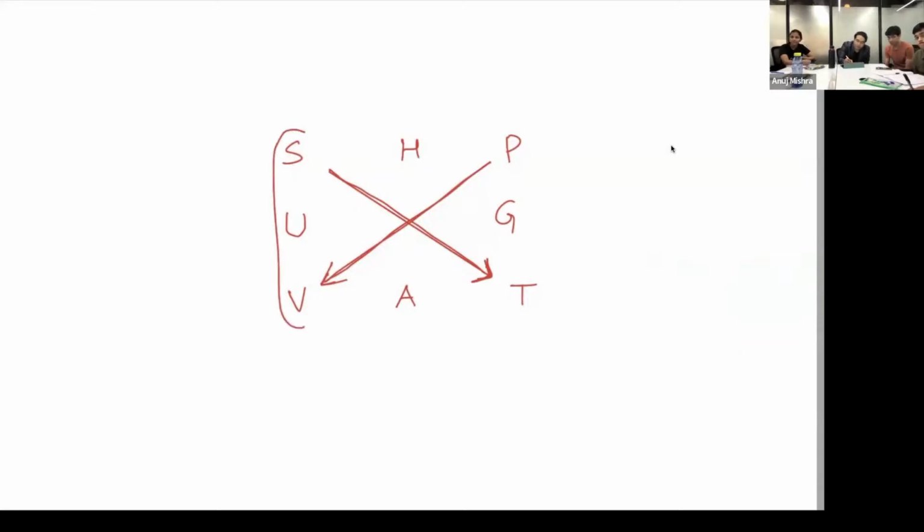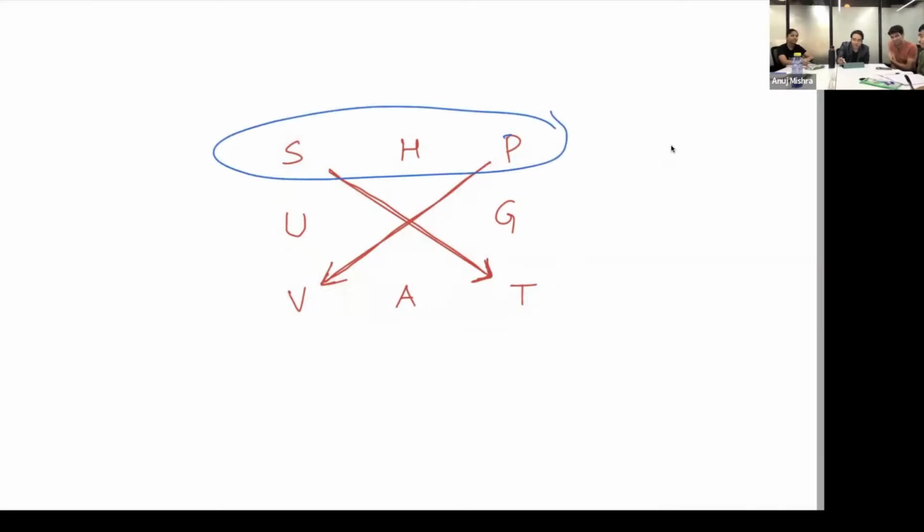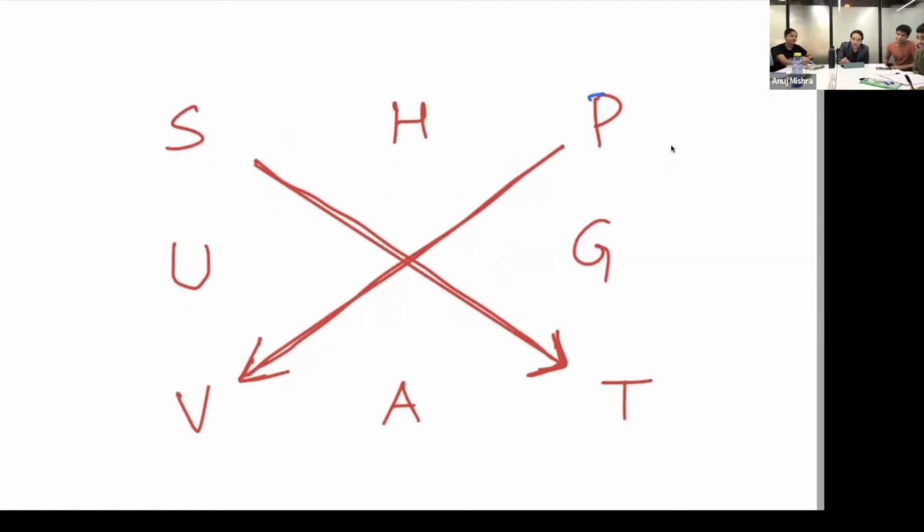SUV, what is SUV? Sports utility vehicle. VAT, value added tax. It was there in India before GST, and VAT is still in many different countries. PGT, think about it yourself. SHP, simple harmonic progression. So these are some codes that you'll keep in mind, and this diagram can help you